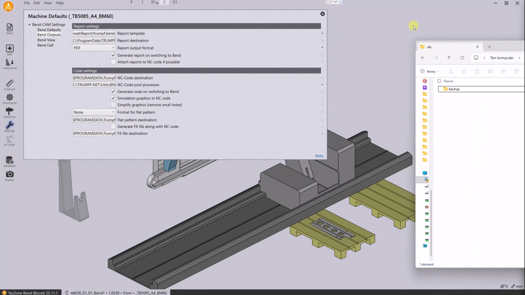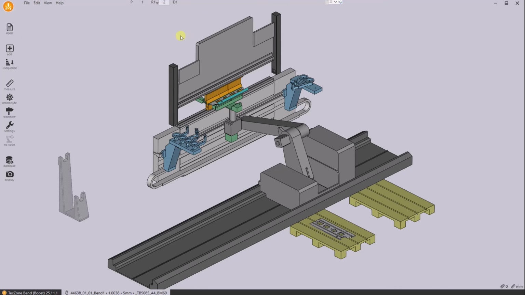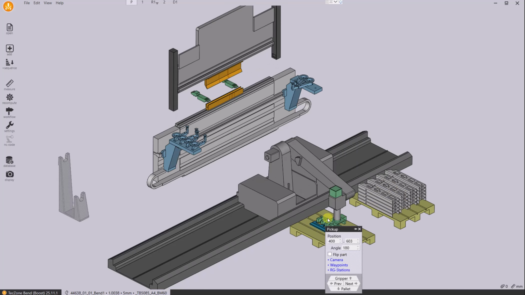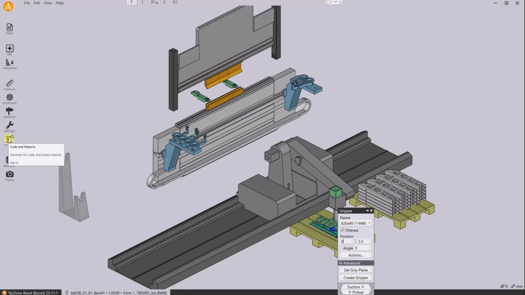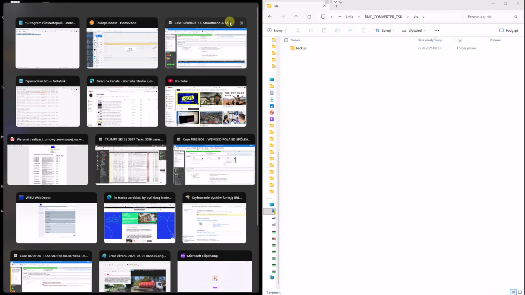The program creates in a folder, after running, an XML file that will contain the calculated cycle of one bent part. And let us try if it works. Okay, I close my settings. The same way as previously, I will try to force the system to enable the NC code creation button. And now, check. We have here an empty